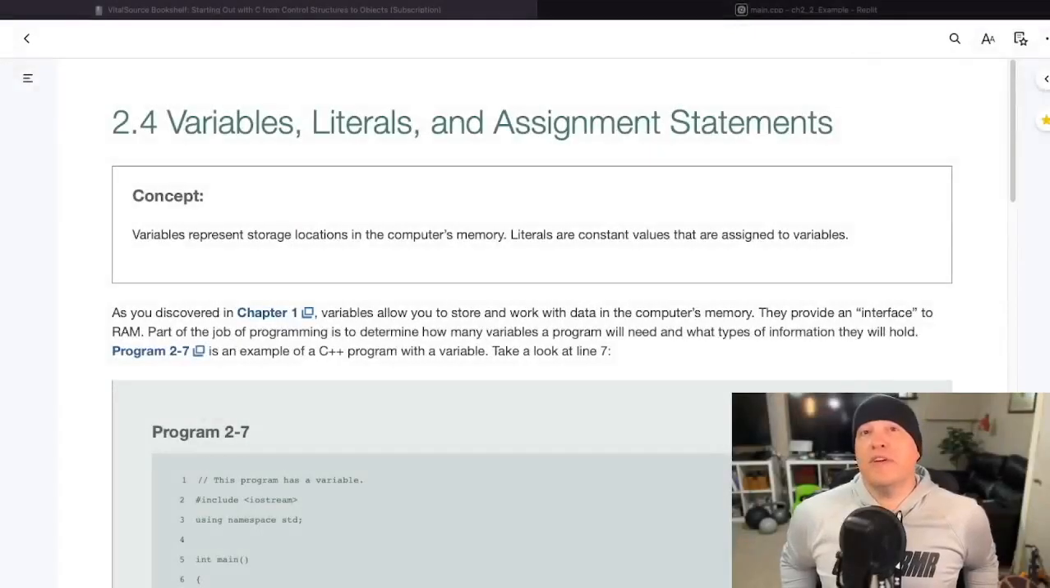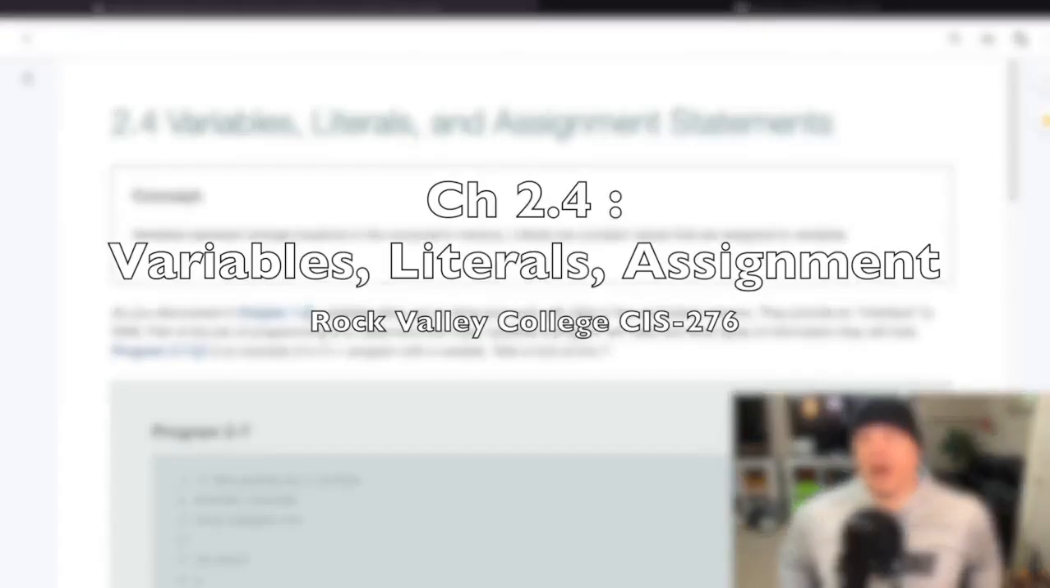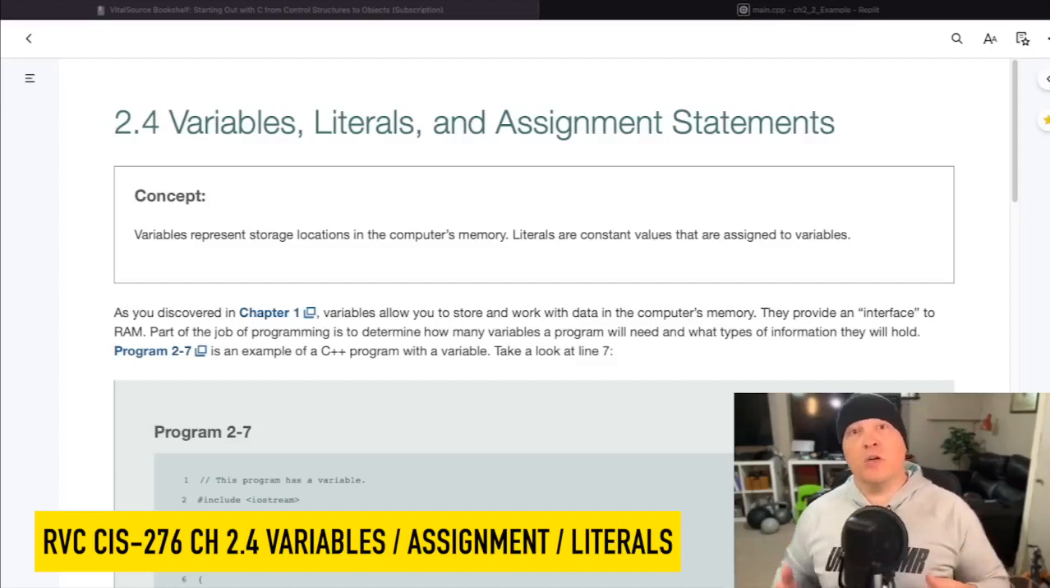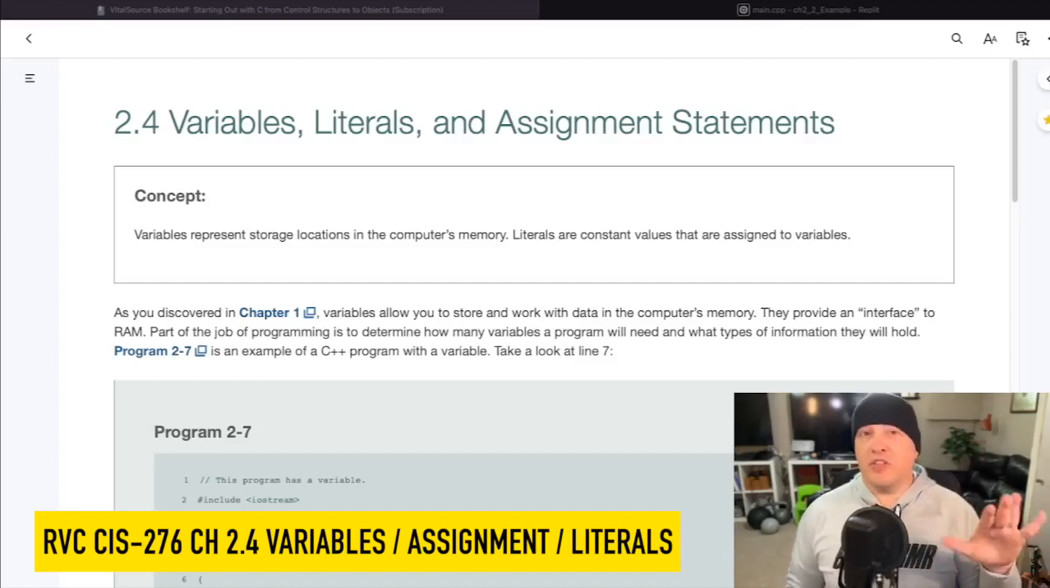So now that we've investigated a little bit about the cout object, it's time to start talking about other portions of the programs that we're going to build. And what we'll start with is identifying what a variable is, what an assignment is, and what a literal is. This is 2.4 in your textbook. It goes from pages 38 to about 41, and I will highlight what we're talking about here in the text